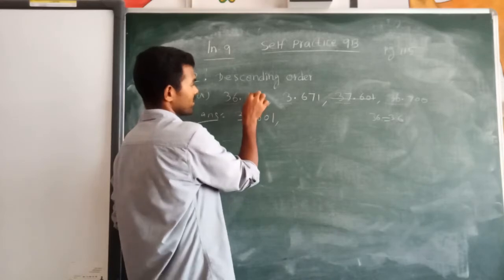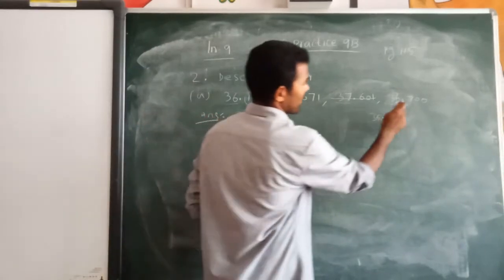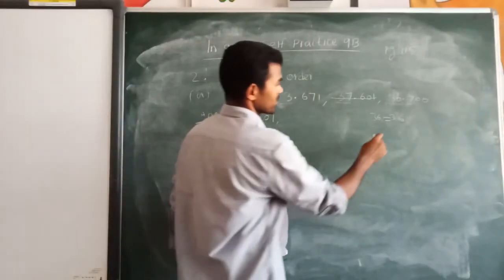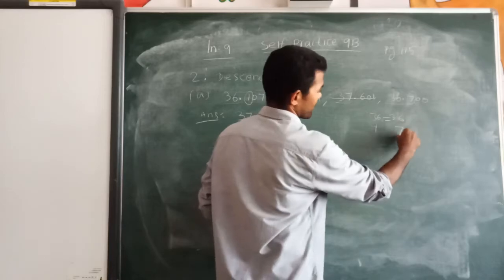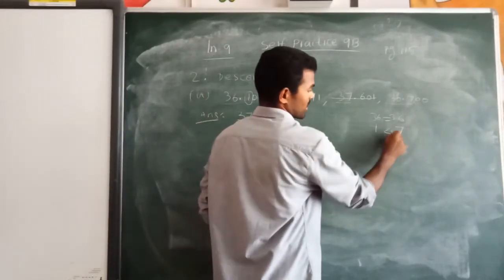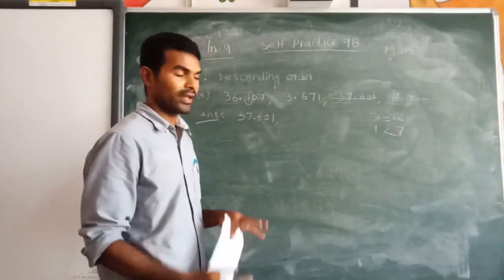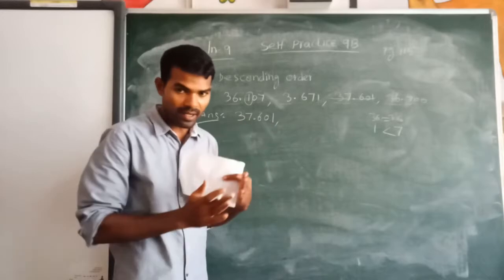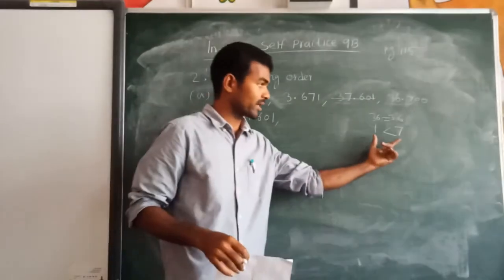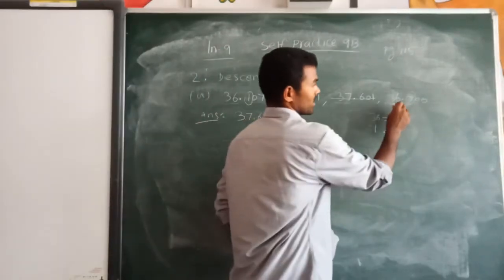Now compare the tenths digit, after the point, first place. After the point, compare the first number. Here is 1 and here is 7. So which is big and which is small? 1 is small, 7 is big. So we are writing in descending order. What is the biggest number in this? 7. So this is the next big number,